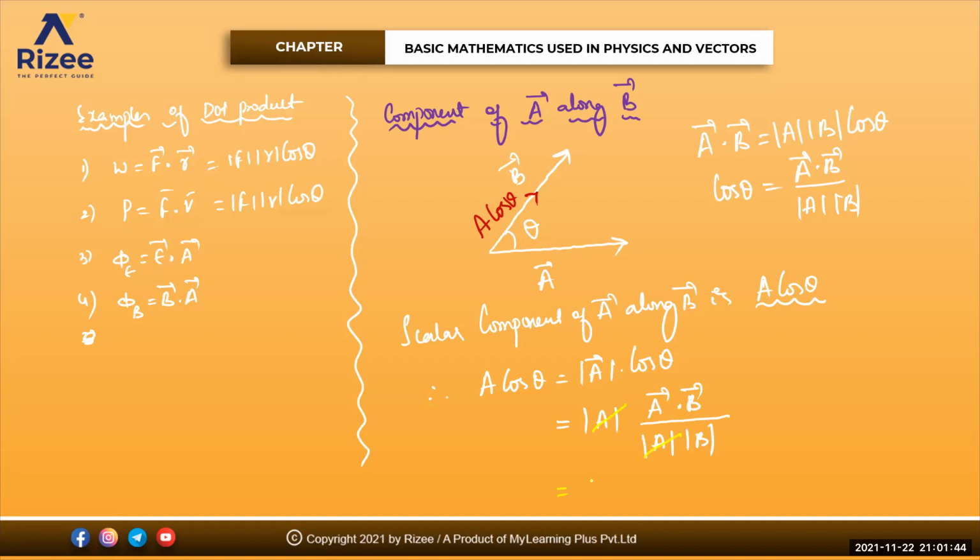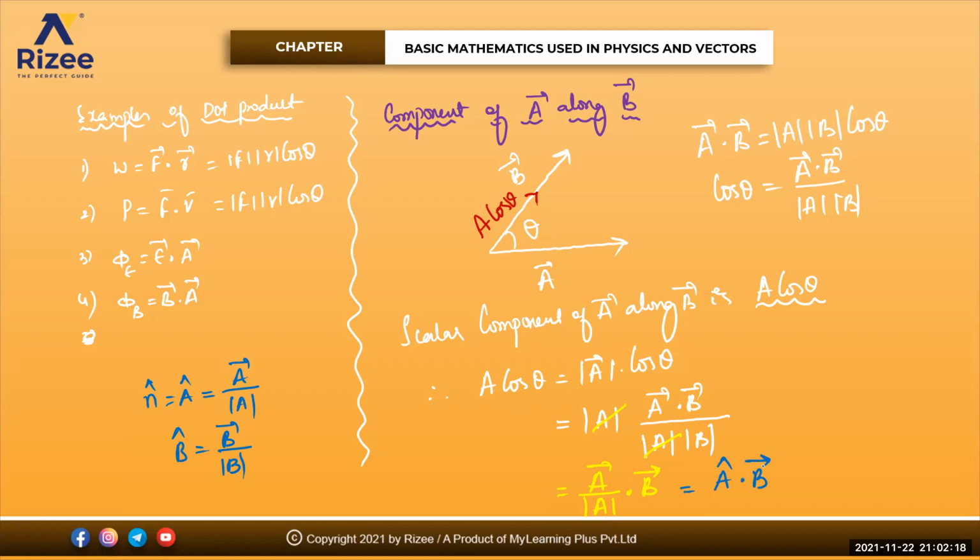So how do you write this one? A bar dot mod A into B bar. Can anyone tell how do you write A bar divided by mod of your A, beta? I already told you, N cap can also be written as A cap. A cap will be equal to A bar divided by mod A. B cap can be written as your B bar divided by mod B. So A bar divided by mod of your A can be written as what, beta? A cap. So this one is A cap dot your B bar.